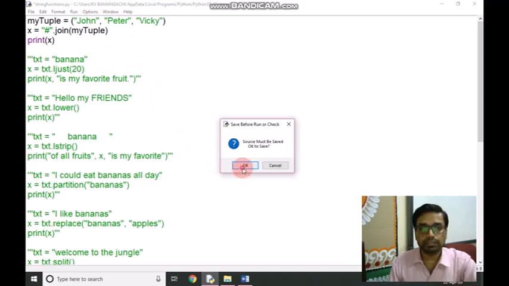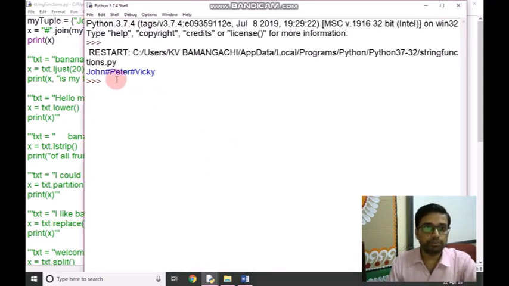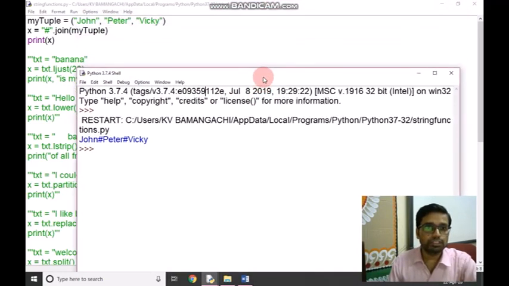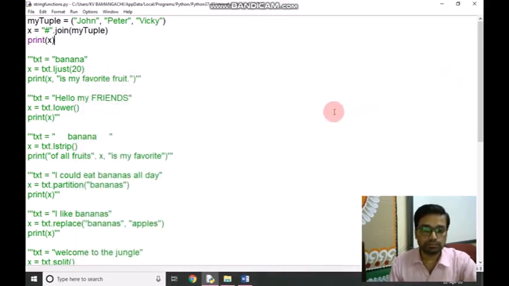It will print the elements of the tuple with the hash sign, because hash has joined my tuple. John hash, Peter hash. As we already know, it joins elements of an iterable to the end of the string. So it is limited up to Peter.